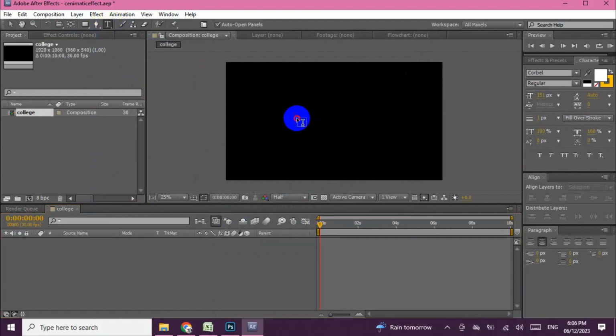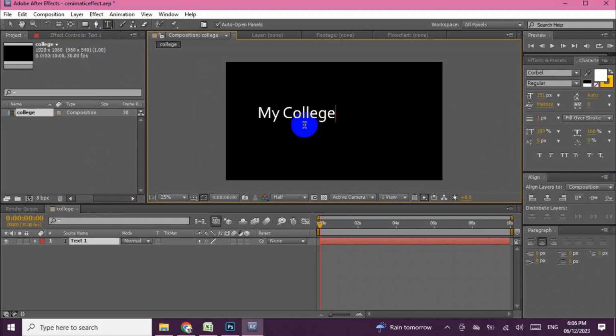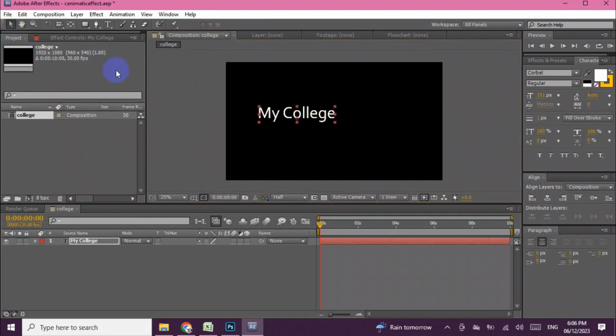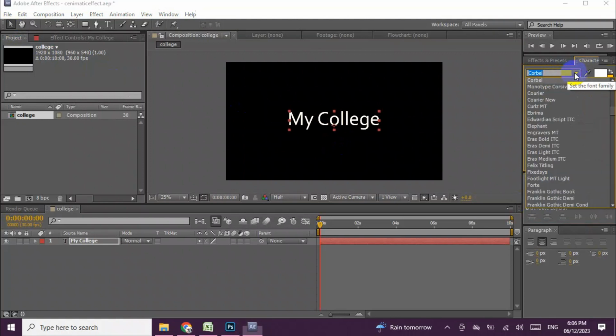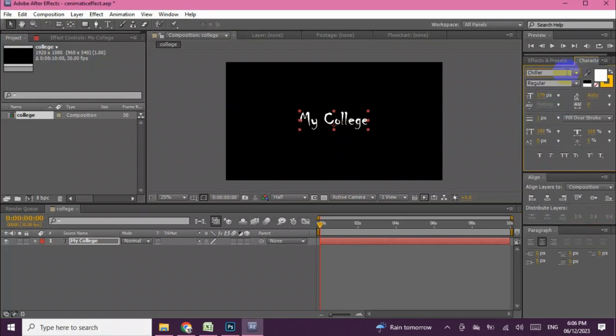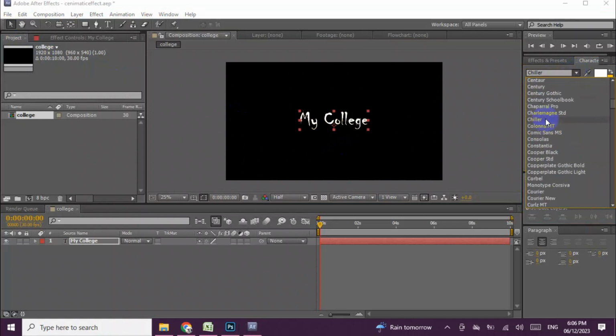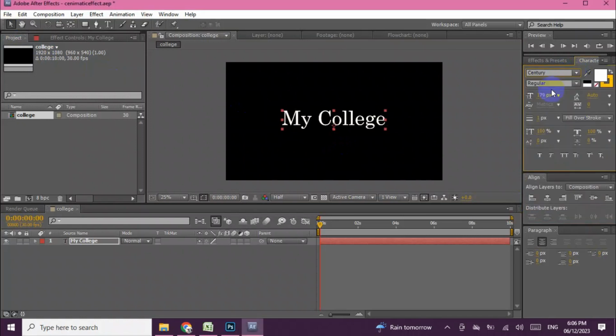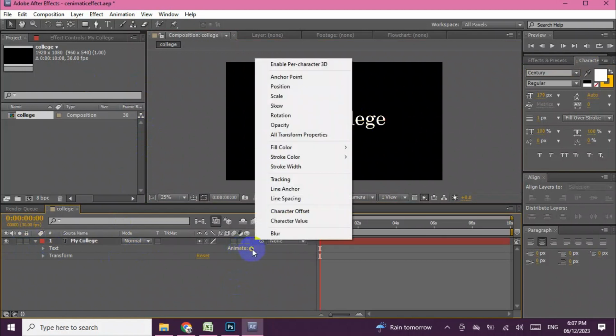I'm typing my college. Align it to the center, and change the font according to your need. I'm using a random one, and I will increase the size a little as well. I'm going with a simpler one. I think that's it. Then go to the properties of the text, click on animate,